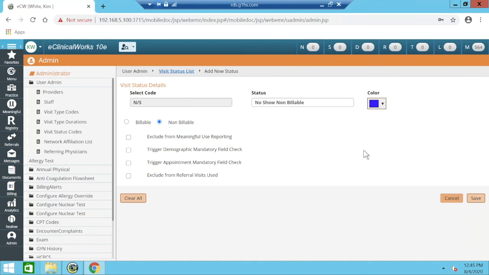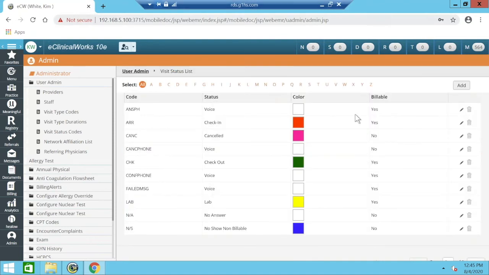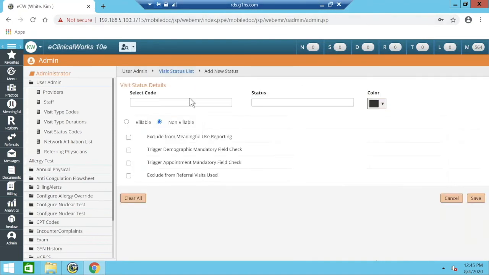But here I'm just going to create a brand new visit status. So I'm going to click on add. I'm going to call this NSB, no show billable. You can assign a color. And then I'm going to set it to billable and click save. Okay, it's telling me it already exists. So just for the sake of time,